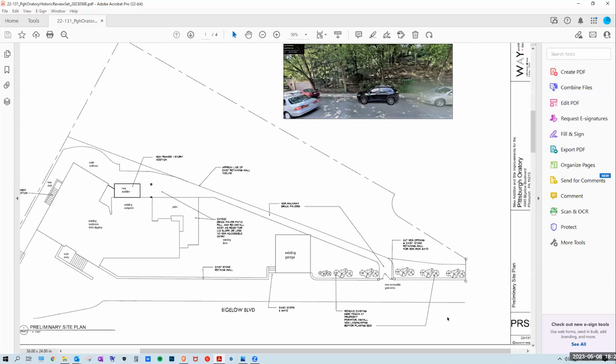Yes, a couple comments as far as the yard drain behind the steps. I don't think that'll be a problem at all. There is a downspout in that back corner that we could easily tie into the same piping, so that shouldn't be an issue. And as far as the gate,